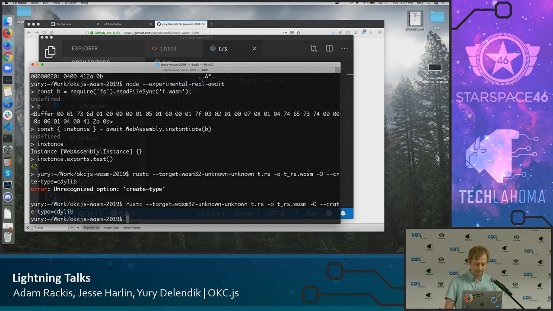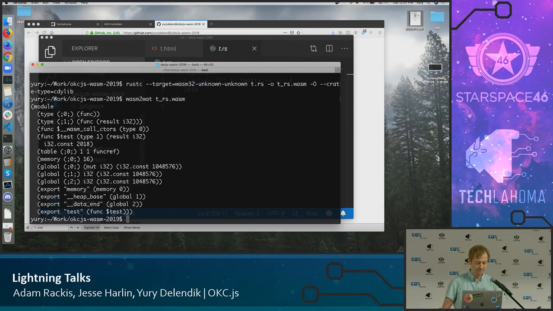Here you go. We can see what Rust generated for us. It generated WebAssembly code. We're looking at its text representation. And let's look at our function. Our function just returns the constant 2018. We can go to Node again and execute that, or we can use it in a normal environment, which